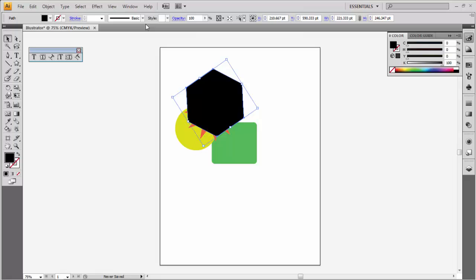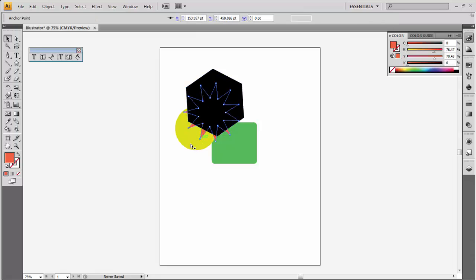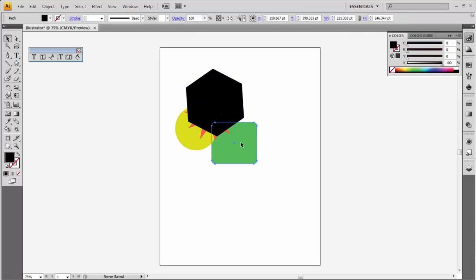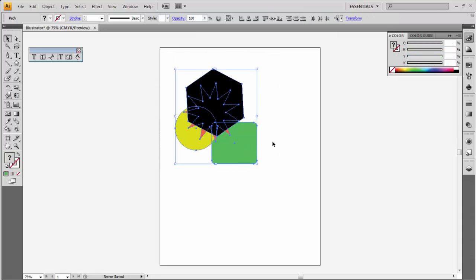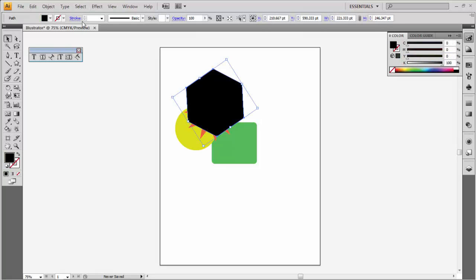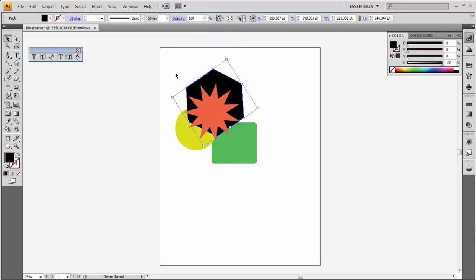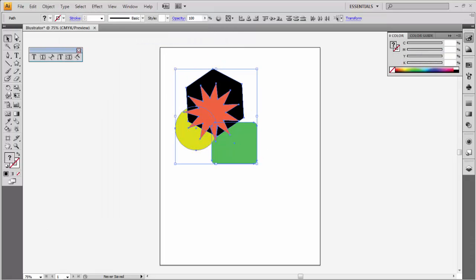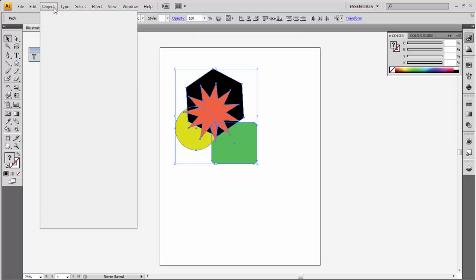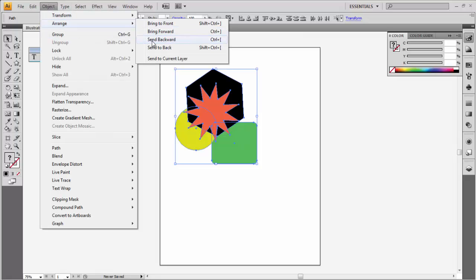Select all objects you wish to include in the clipping mask. Bring to front.